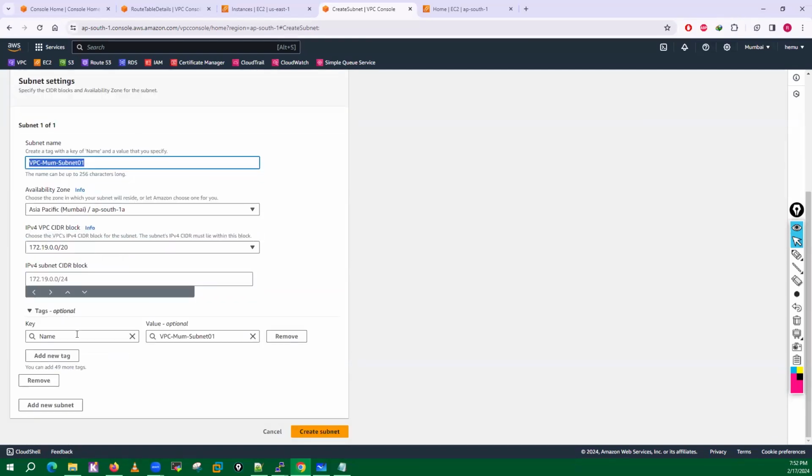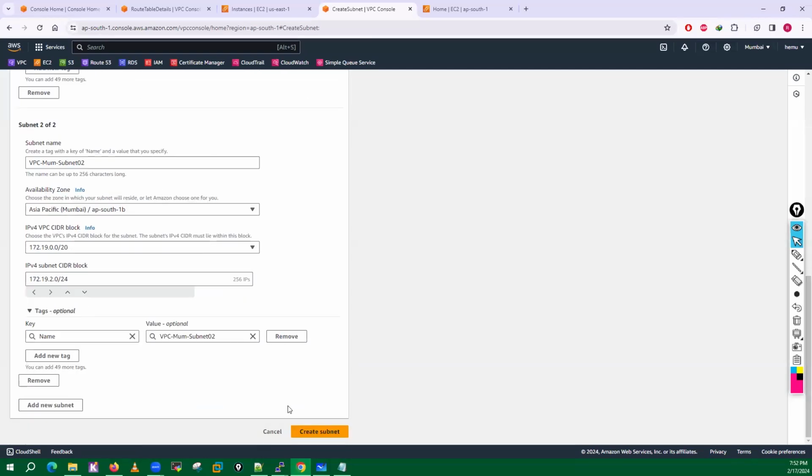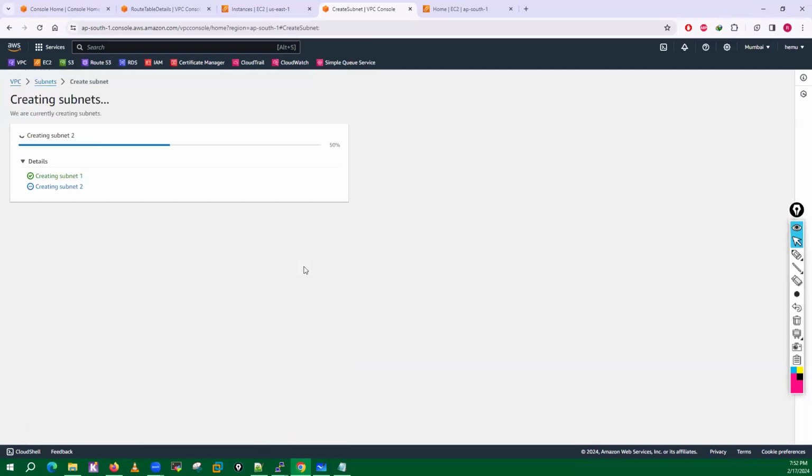And I am using the 172.19.1.0/24 series. Let me create one more subnet, subnet 2 in 1B, 172.19.2.0/24. Create these subnets.